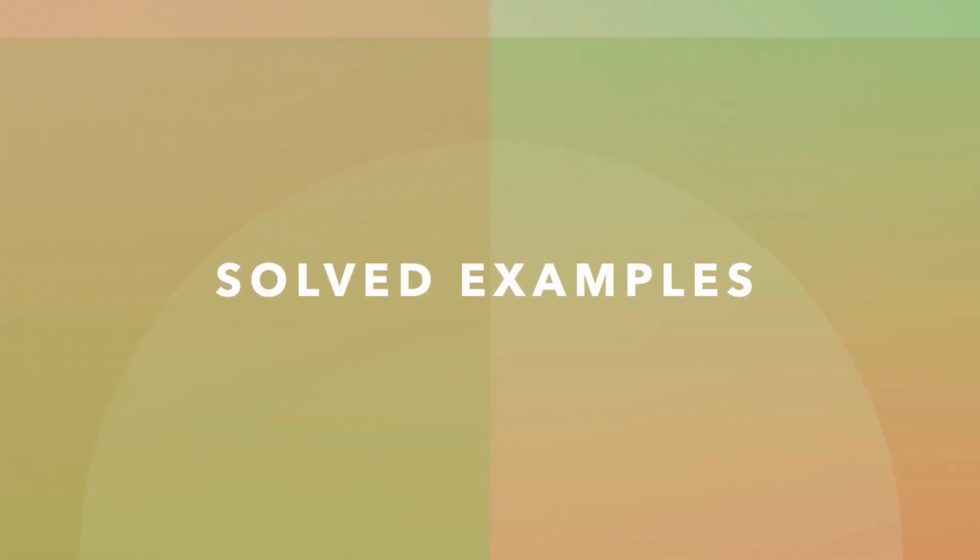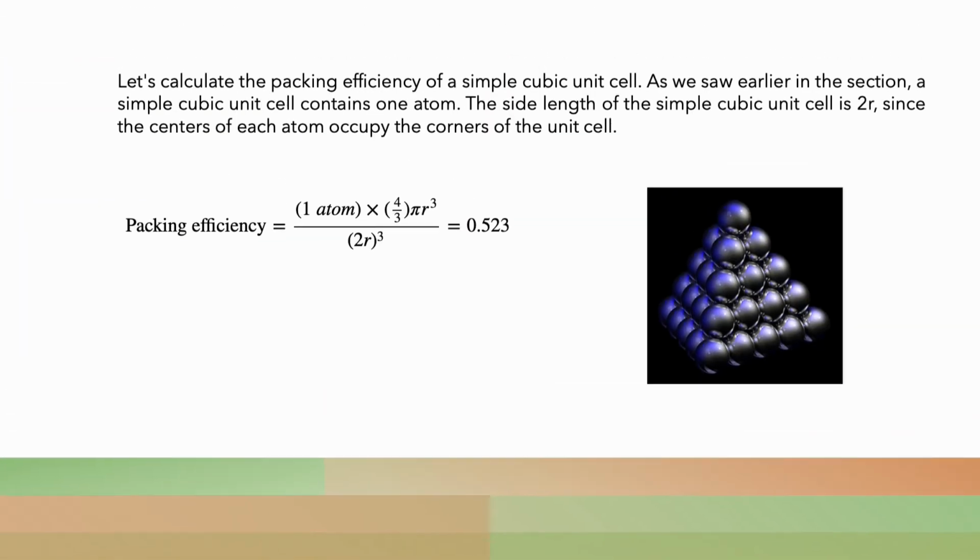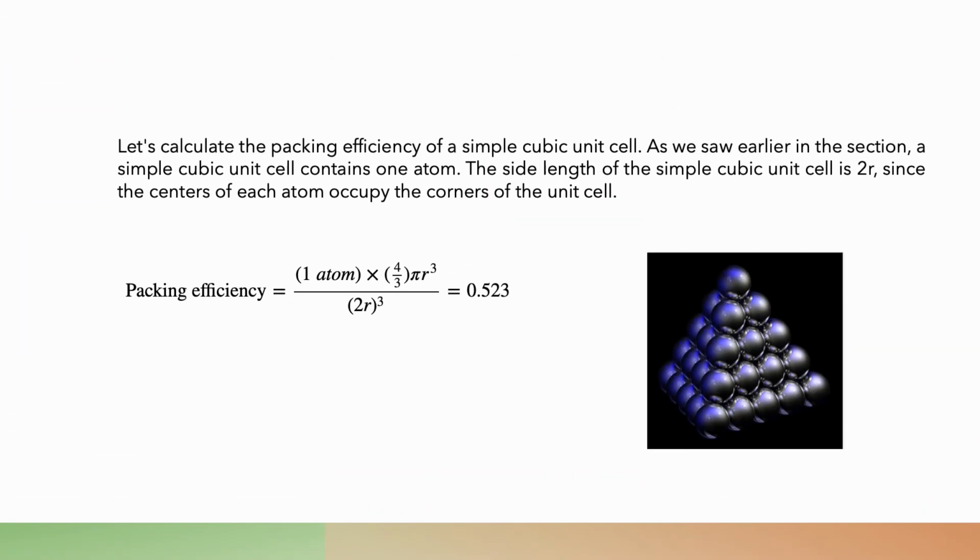Solved examples. Let's calculate the packing efficiency of a simple cubic unit cell. As we saw earlier in the section, a simple cubic unit cell contains 1 atom. The side length of the simple cubic unit cell is 2r, since the centers of the atoms occupy the corners of the unit cell, and the formula is